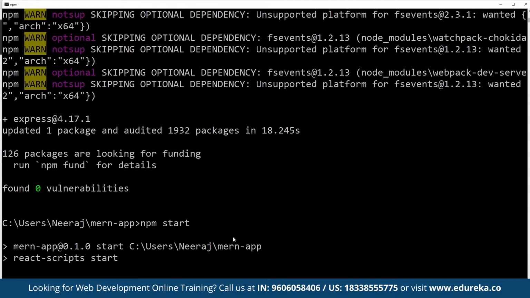And this is going to start the React application that we can see being opened up in the browser. So again, depending upon the application and the packages that we have configured, we are going to see this application automatically being started, and then we are going to see the application deployed in the browser itself. So as you can see here on localhost port 3000, the React application is going to be deployed and visible